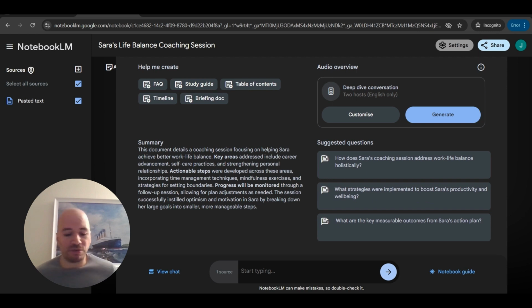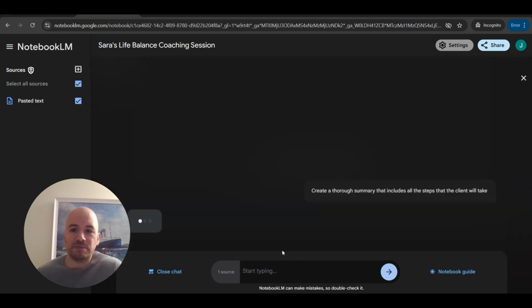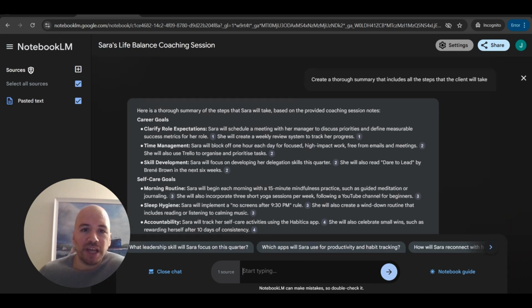So we're going to ask, create a thorough summary that includes all the steps that the client will take. And here we have the summary. So the entire text was pretty long, but now we have a concise summary that we can, well, first we double check it, and then we can share the summary of the minutes of the meeting